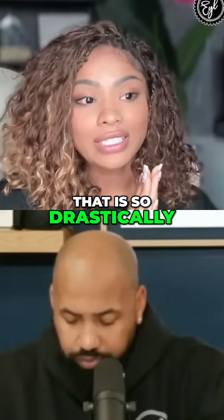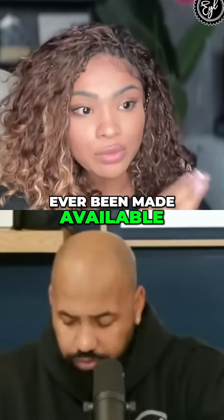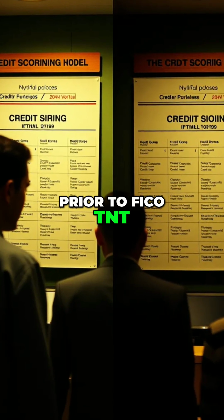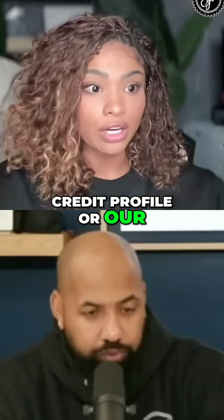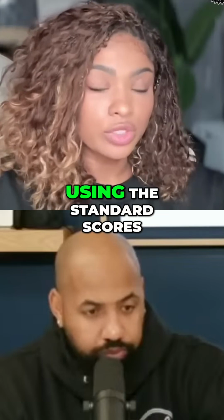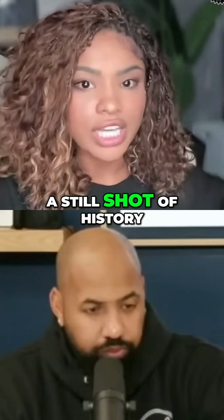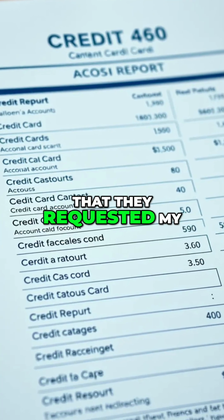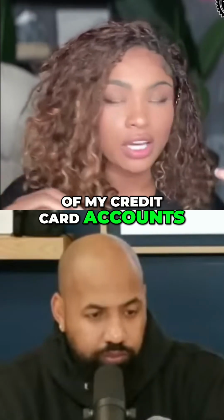That is so drastically different from how our standard credit scores have ever been made available, because with all of the credit scoring models prior to FICO-TNT, a lender was only able to see a snapshot of our credit profile or our credit reports at the time of our application. So if I apply for a credit card today using the standard scores, a lender could only see a snapshot, a still shot of history: what my balances were on the day they requested my credit report, the status of my credit card accounts, my utilization,